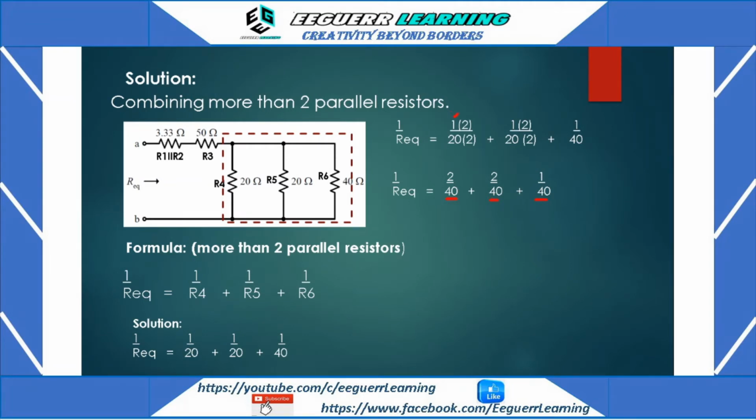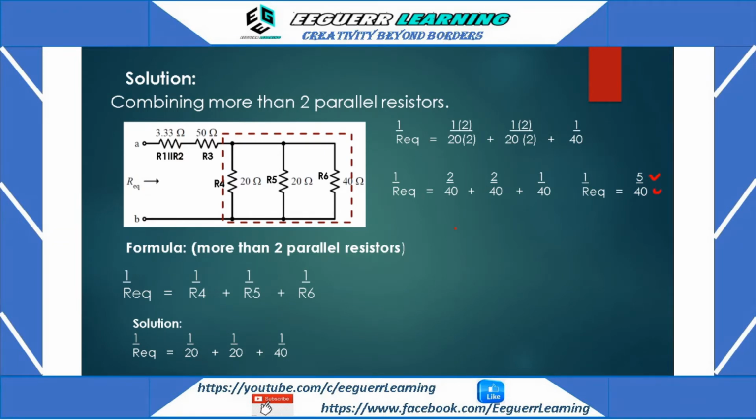So 1 times 2 is 2, and 20 times 2 is 40, and 1 times 2 is 2, and 20 times 2 is 40, and this will be retained as 1 over 40. Okay, so we have now similar denominators. We can now add these fractions with similar denominators. Okay, so let us continue, and adding those similar fractions will give us